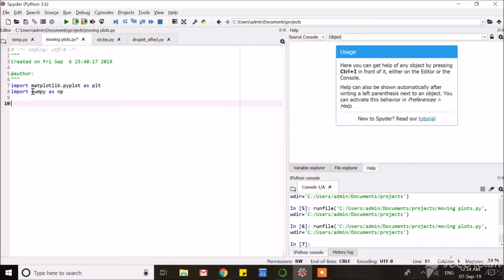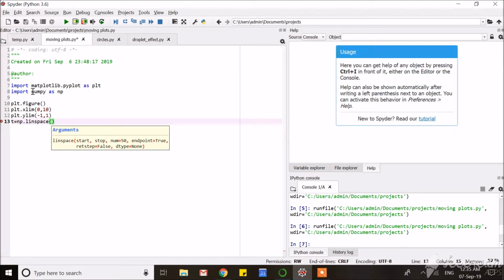I'm just gonna define a figure here and set the limits from 0 to 10. Then I'm gonna do a while loop. I'm gonna just draw a sine wave, since it's the easiest to understand. So I'm just gonna give it a time variable